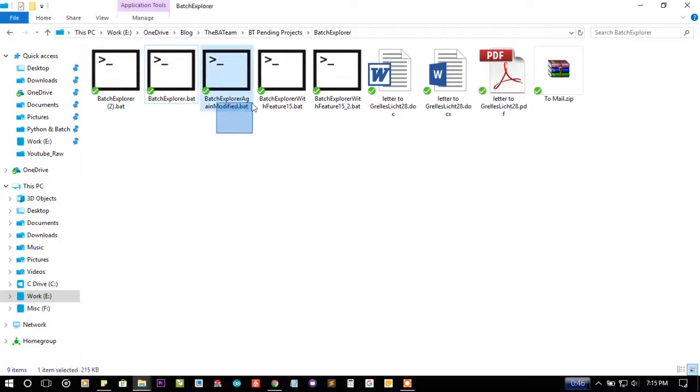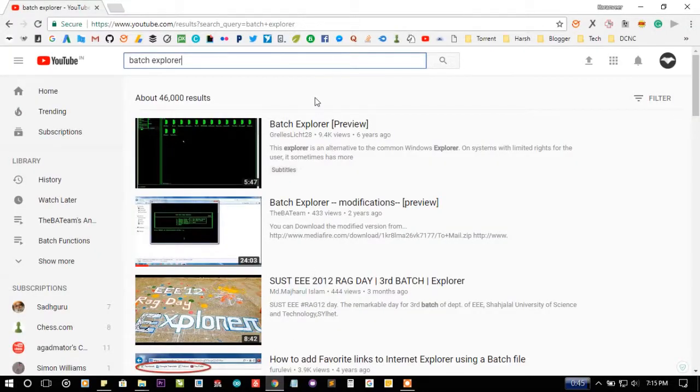As you can see here, I have modified many versions. On YouTube, if you search batch explorer simple, you will see the first result from Mr. GL, and they have previewed their usage of the batch explorer they have created. In the second result you will see batch explorer modifications preview, by TheBATeam, and you can see the project was a 6-year-old project, and here we modified it